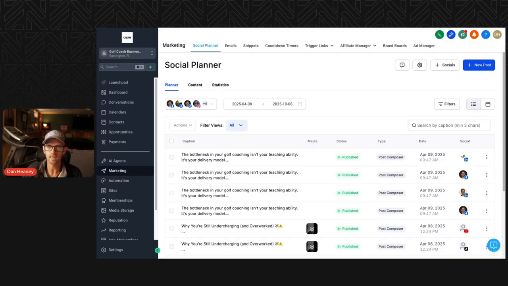This is one of the easiest, biggest levers that you can pull right away: compile all of the data, all of the emails from current, past students, clients, leads, just pull them from everywhere, put them into an email list, and use AI to help you write email sequences and regular email newsletters to your list.